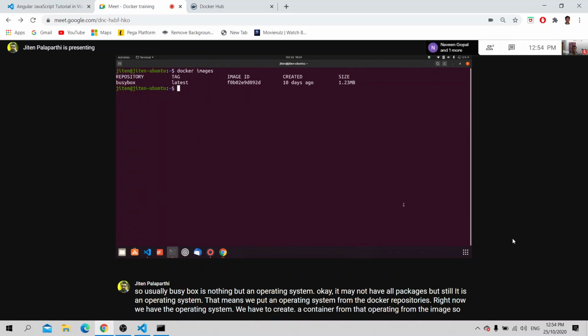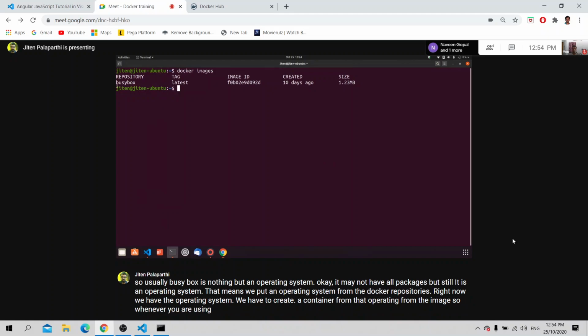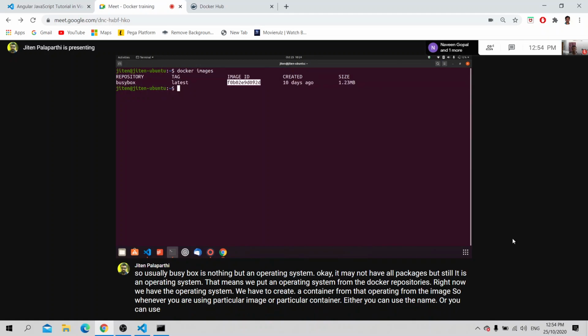Whenever you are using a particular image or container, either you can use the name or you can use the image ID. If the first two characters of the image ID are not repeated, you can use only the first two characters.